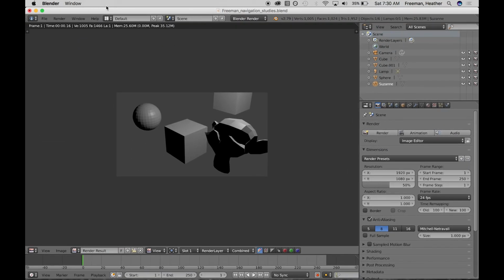So that's the basics of navigating inside of Blender. And the next page, we're actually going to start